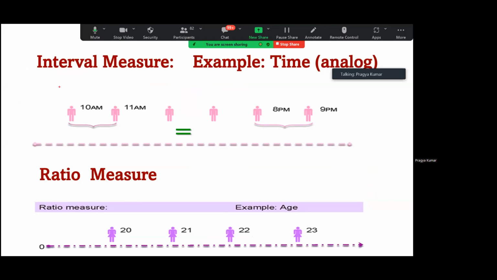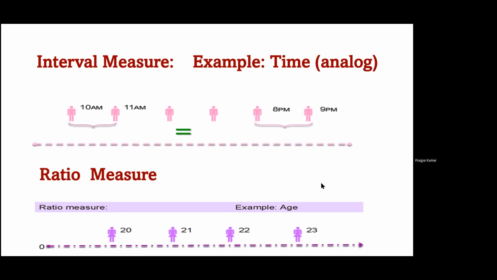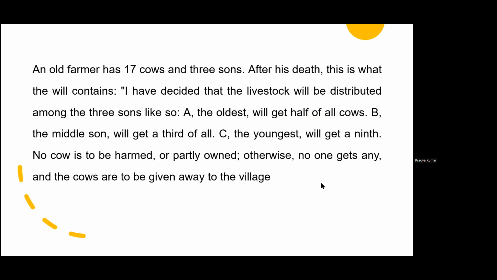So if you see this difference and this difference, it is the same. But for a ratio, you see that there is an absolute 0. So from 0, you are measuring this 20, 21, 22, and 23. There is an absolute 0. Because if you see that